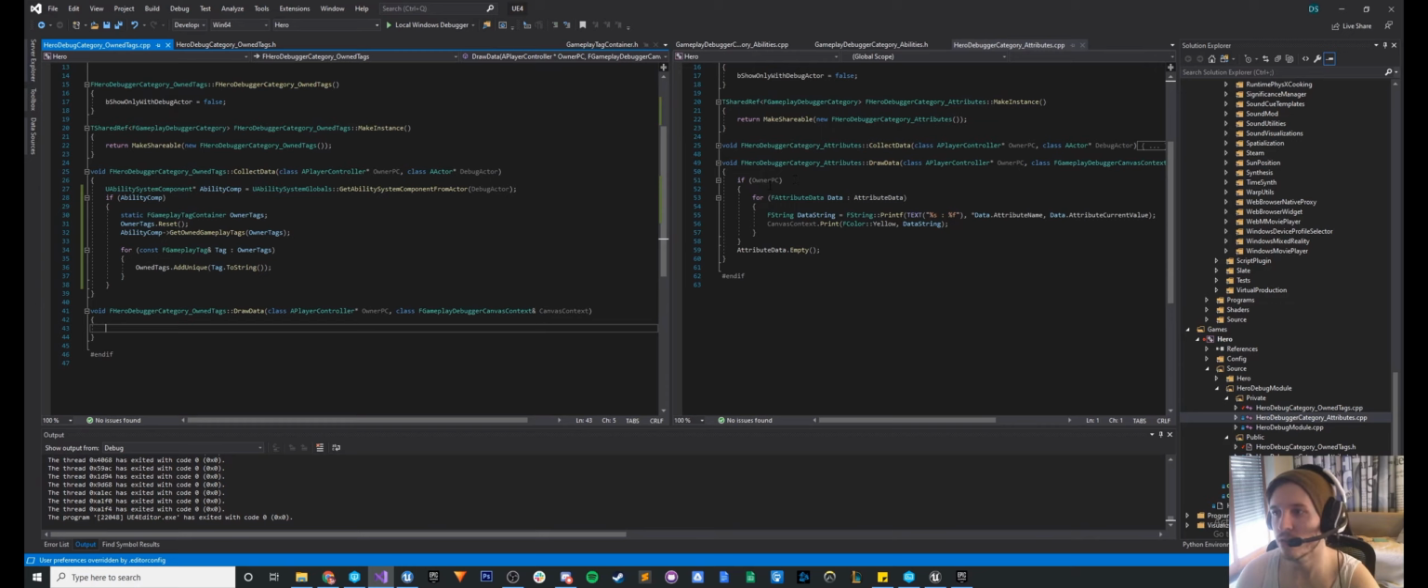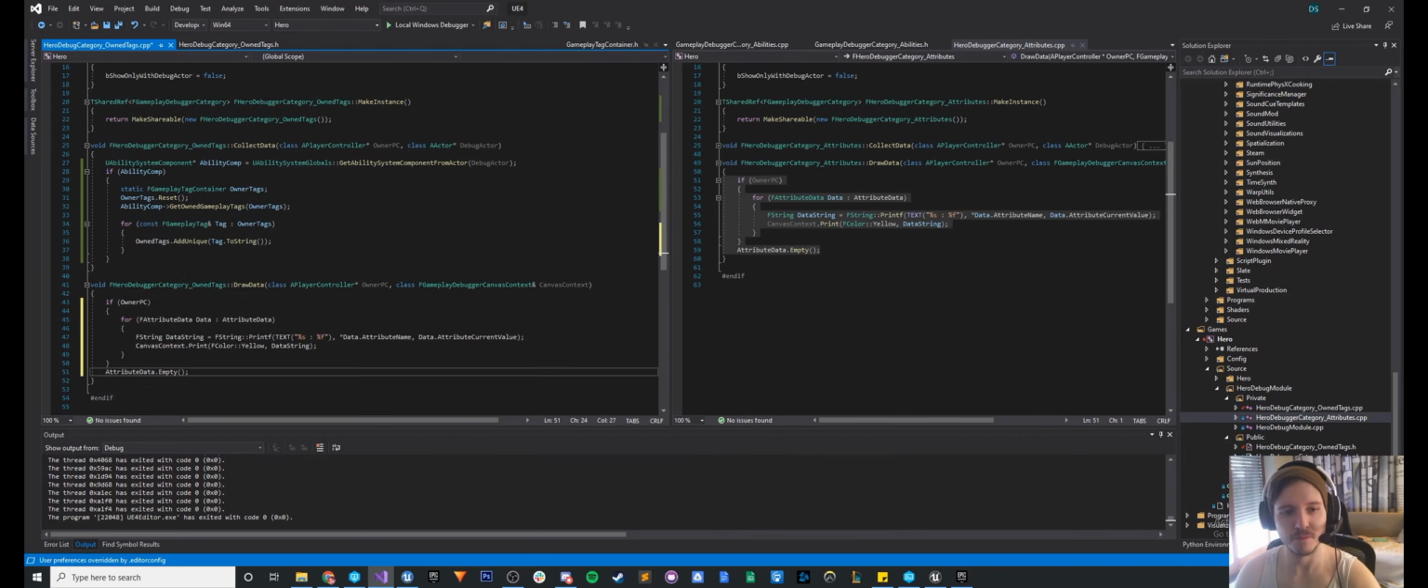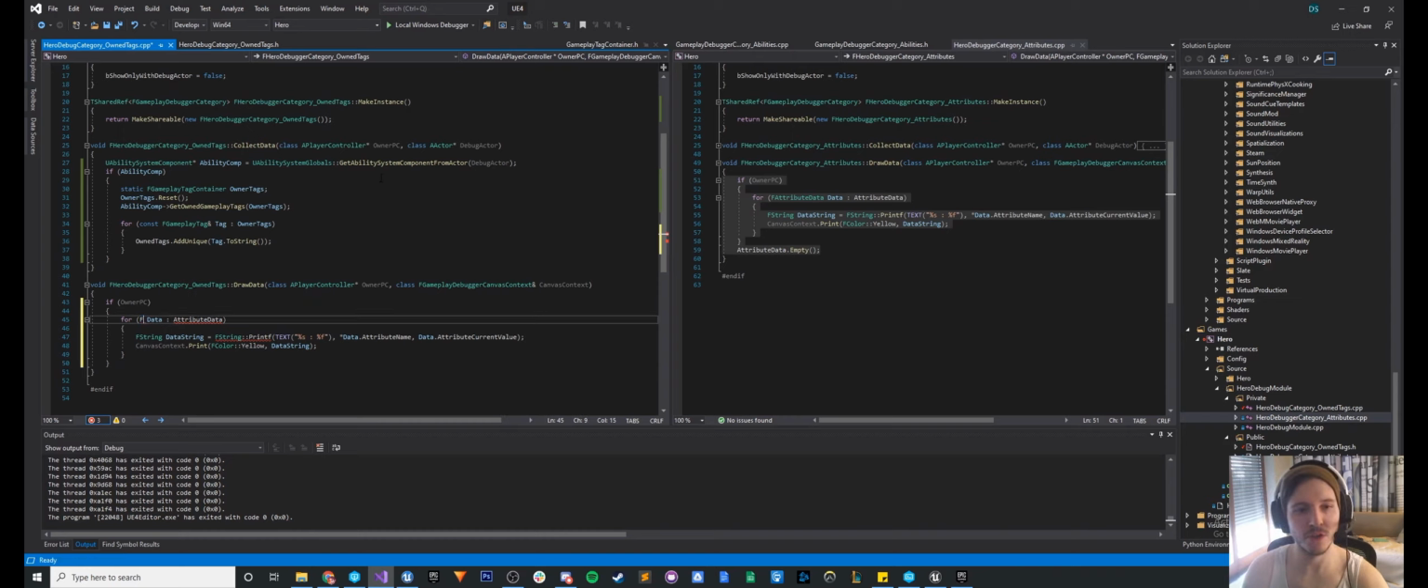So I check if the owner PC is valid. Maybe it's not necessary, but we're gonna do it anyway. So let's just grab this. We don't need that one. Now we can just do for f string